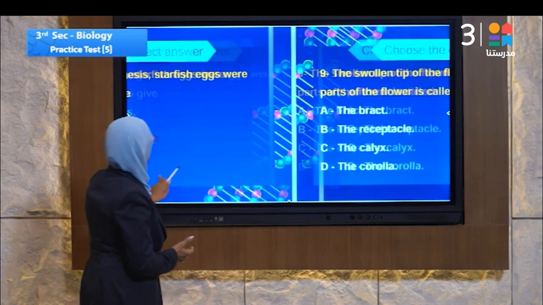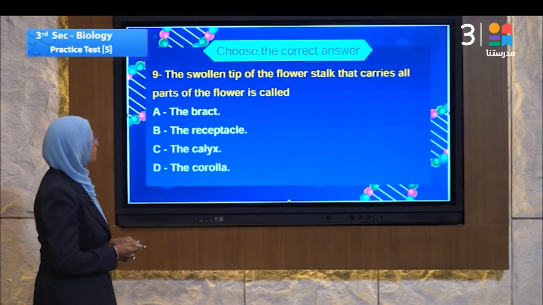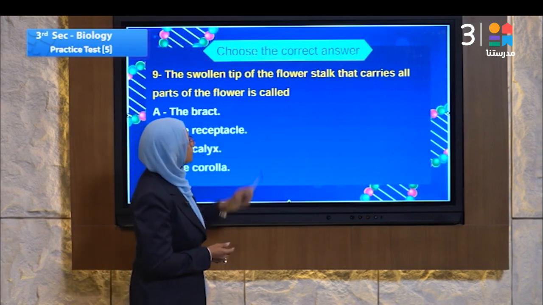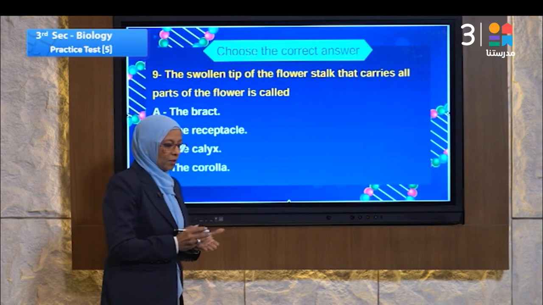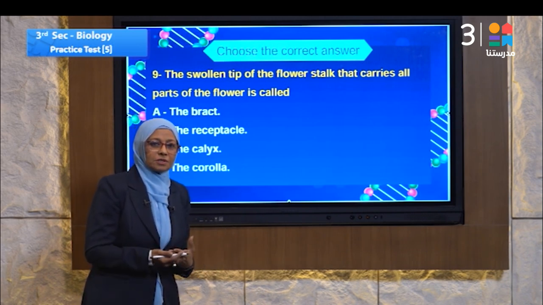Let's go to question number 9. Question number 9 speaks about the swollen tip of the flower stalk. Swollen means it makes a protrusion, a bigger part than the other parts of the flower stalk, that carries all the parts of the flower and is called what? Which part of the flower is responsible for carrying the other parts? It's